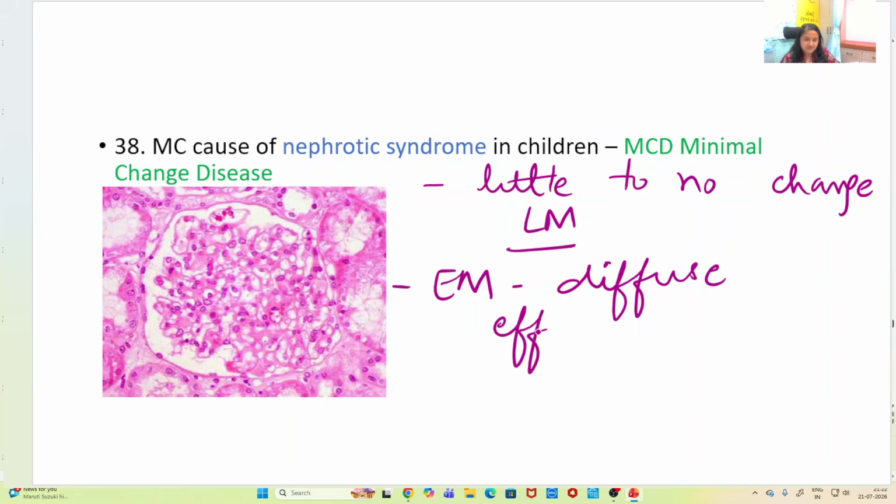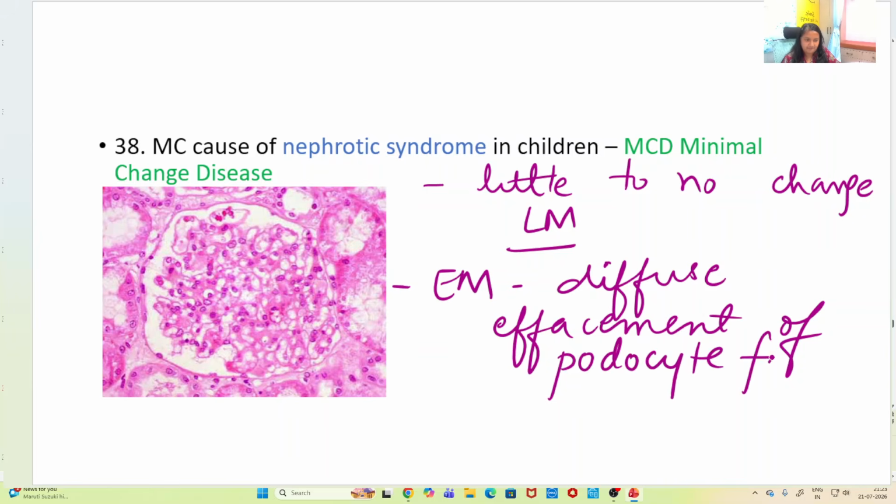Diffuse effacement of the podocyte foot processes. Okay, then